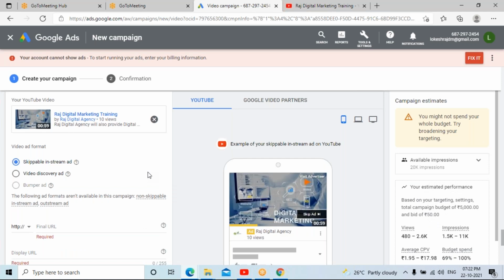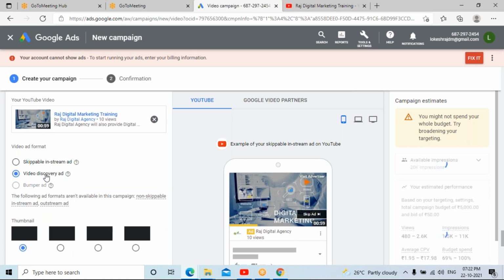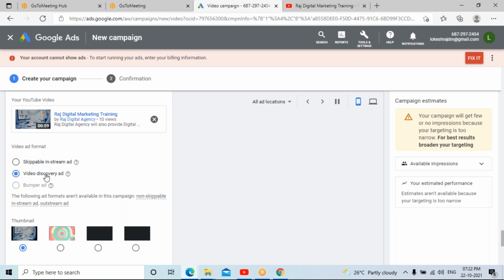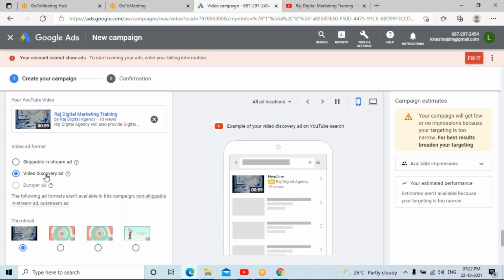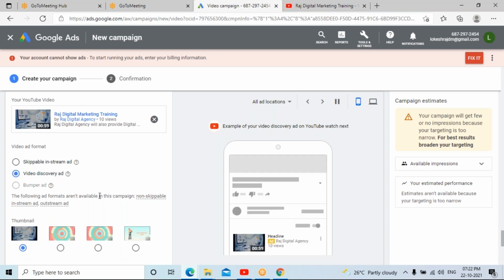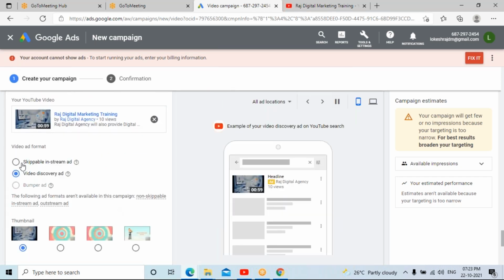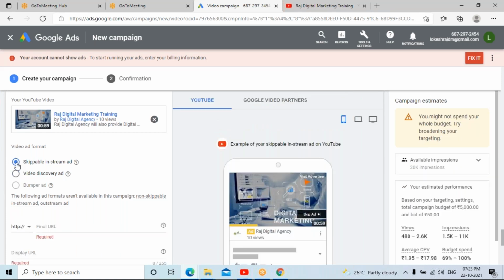On the right hand side, it shows the screen, how it shows. If you run it as a video discovery ad, how it is going to show, you can see it. So you can choose whichever ad type you want to create.